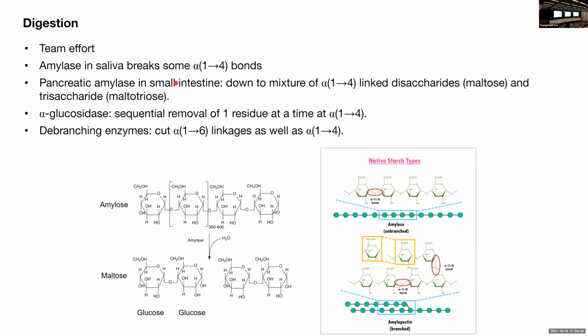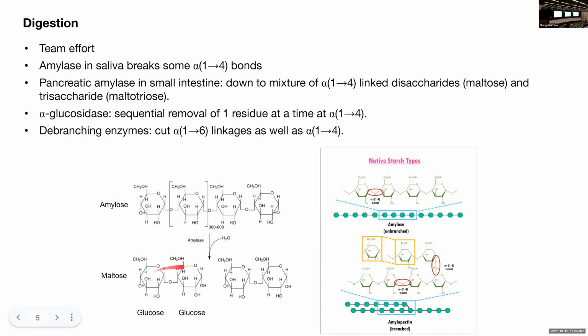And then it'll work to break down the alpha 1 to 4 linkages again, but more finely, mostly into disaccharide form, which is maltose. So you can see it here. Here's an alpha amylose that has that nice chain structure. Here are the alpha 1 to 4 linkages. And then this pancreatic amylase breaks everything down into these disaccharide units where two glucose are still linked together,